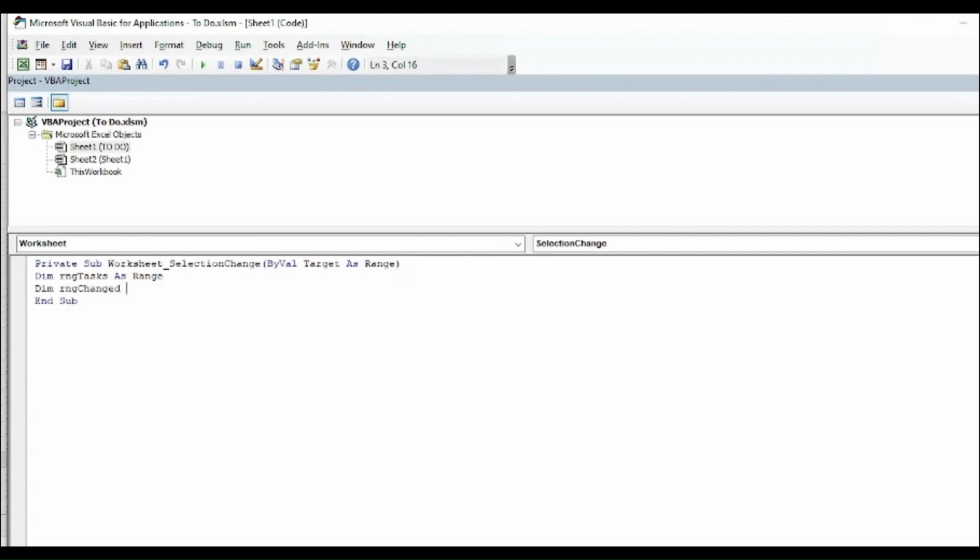Range changed, as it's also a range. So we will be giving it the name range, then the cell as range. Now, let's set the range for the C column. We are using the apostrophe just to write the task for better understanding. So here we will set the range for task in